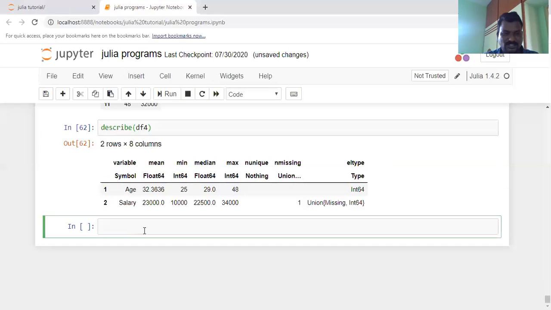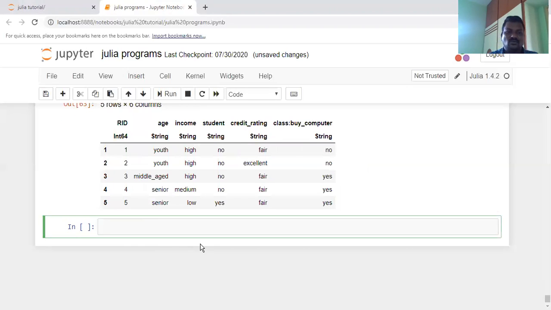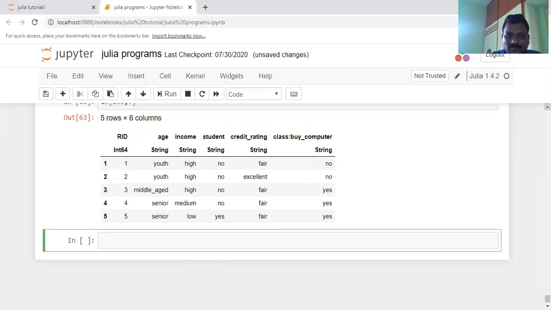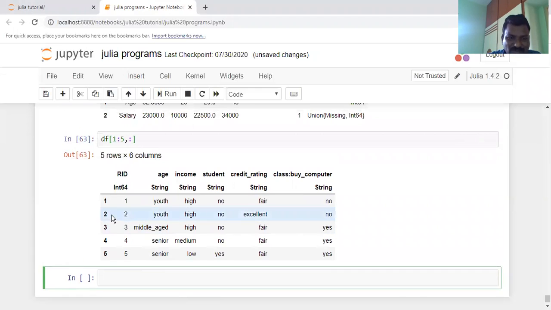Let us take a simple example. Df of column 2, one, I need only rows one to five, and all columns are required. This implies rows 1 to 5, and you require all columns.